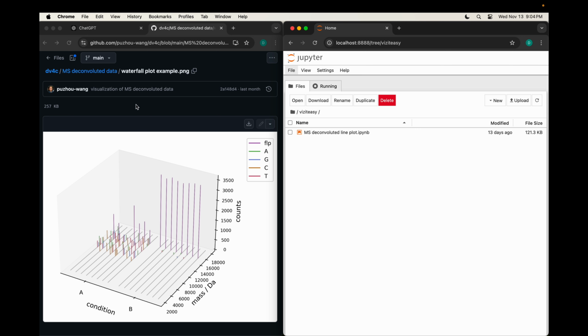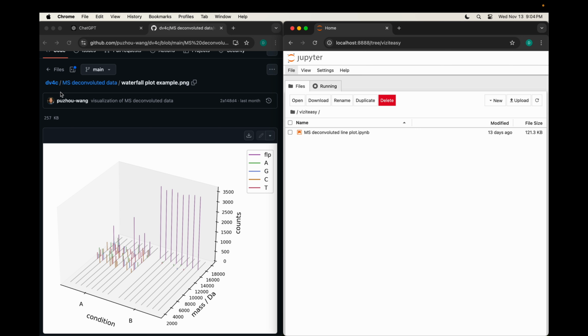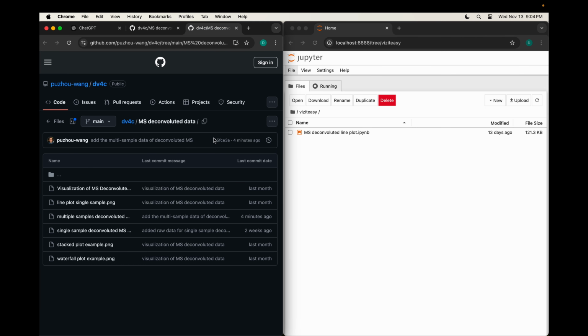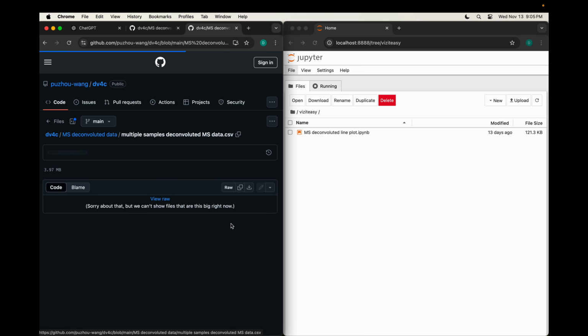You can find this example in this GitHub repo called dv4c, under this subdirectory called ms deconvoluted data, and we have this PNG file right here. To plot this data, we need the raw data behind it, and the raw data can be found in the same subdirectory. If you go here, there's a CSV file called multiple sample deconvoluted mass spec data, and if you click on that,